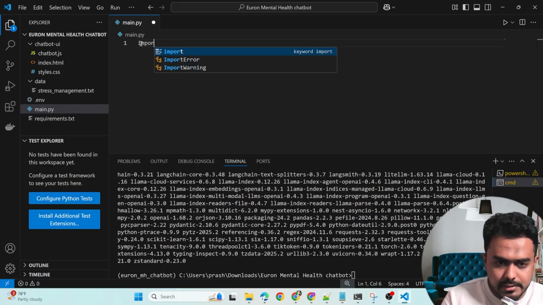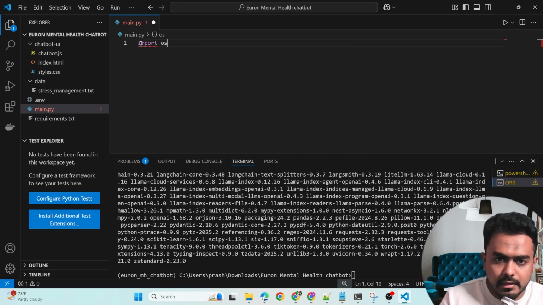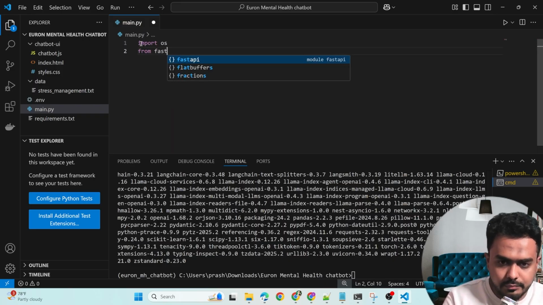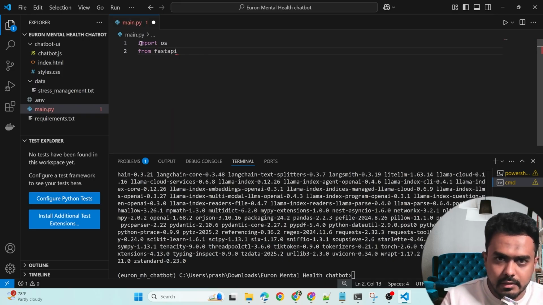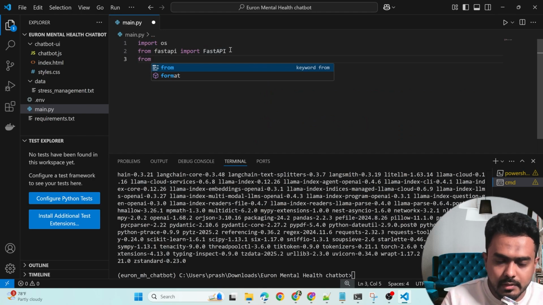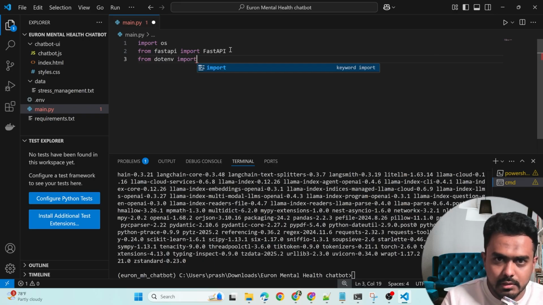First, import os, then from fastapi import FastAPI, where F is capital and API is capital, and from dotenv